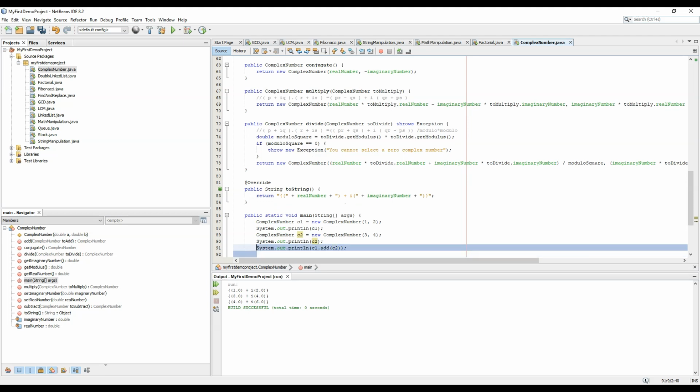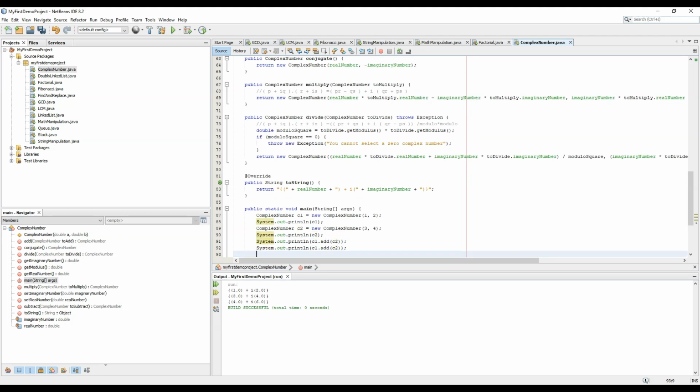Let's now subtract this time. So now it should print minus 2 minus 2 iota. So minus 2 iota is being printed. So my minus is being printed correctly.